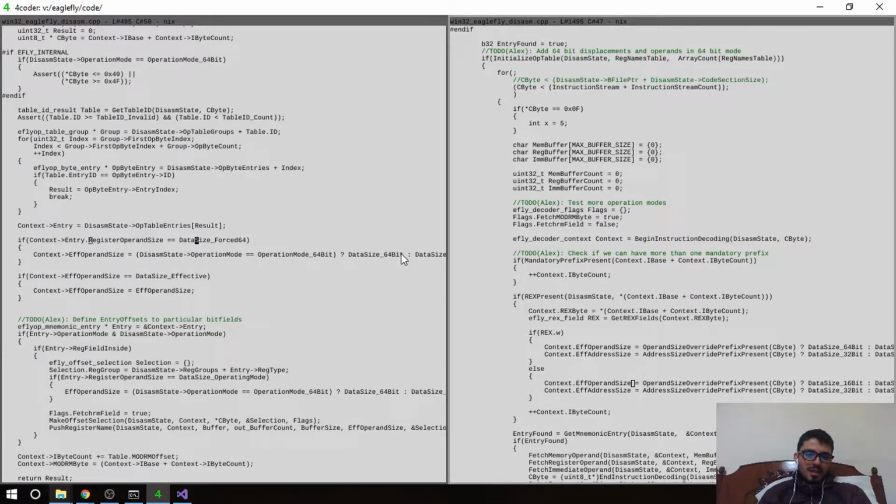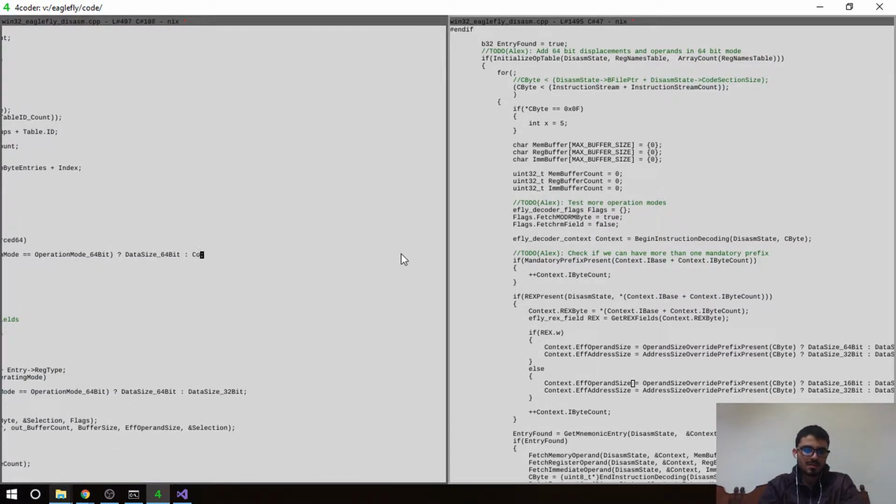Right now, the only scenario for that would be, instead of doing this, we have the entry, and the entry uses the effective operand size. So we can just say effective